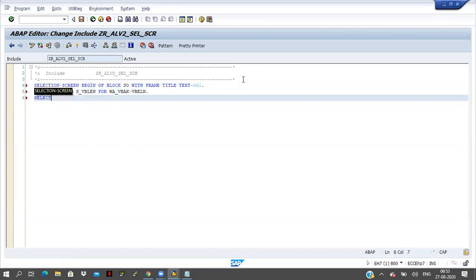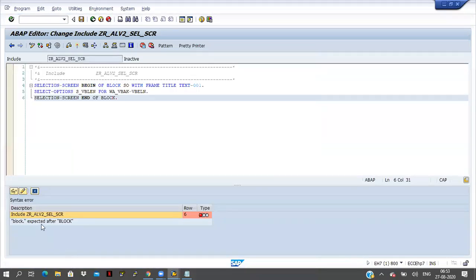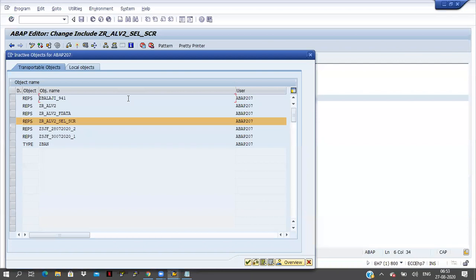Selection screen end of block. Save it, activate it. Block name.